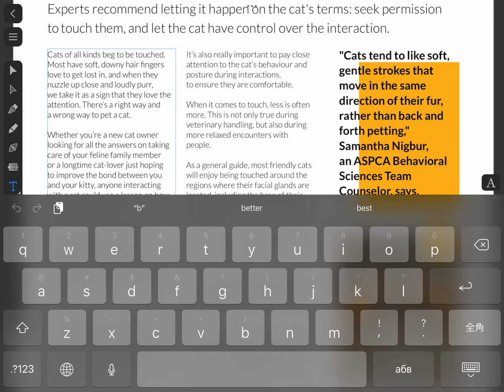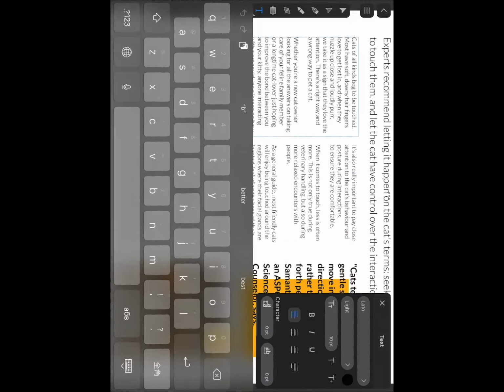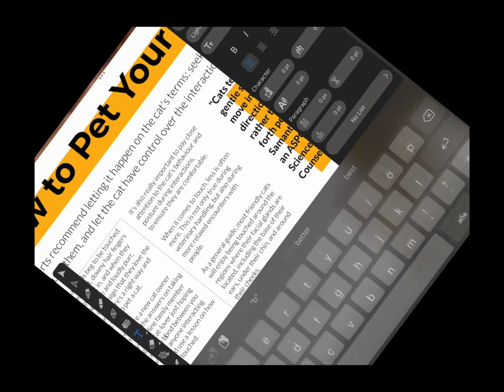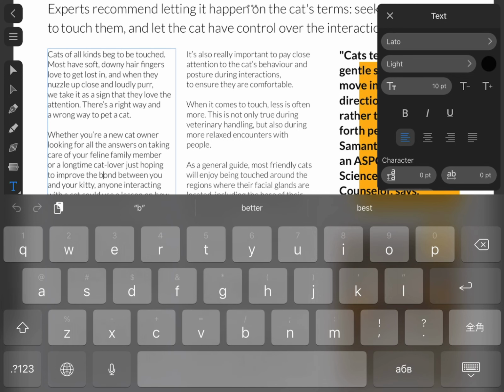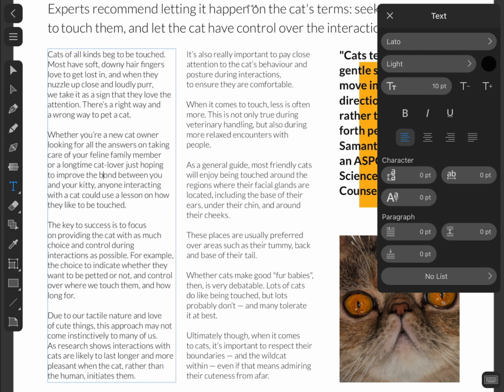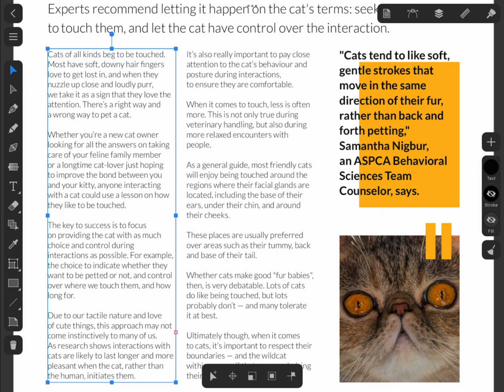Text editing works like in many other apps. To bring up the text panel with the text formatting tools, you should tap on the A icon. Depending on your screen size and orientation, the screen may fit both the panel and keyboard. Otherwise, you can hide the keyboard and keep only the panel open. The panel disappears as soon as we exit the text editing mode.